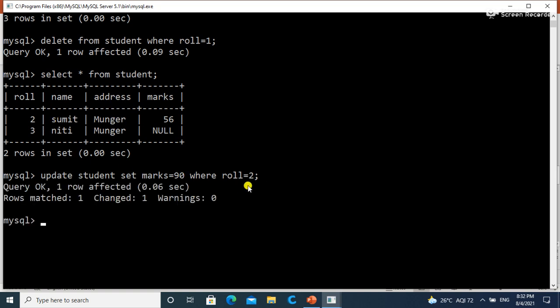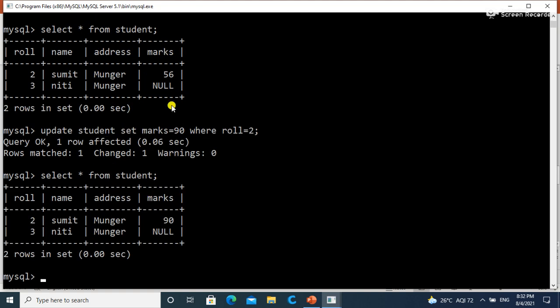Now check the record. Just write select command, and here you can see the value of marks has been changed from 56 to 90. Right?